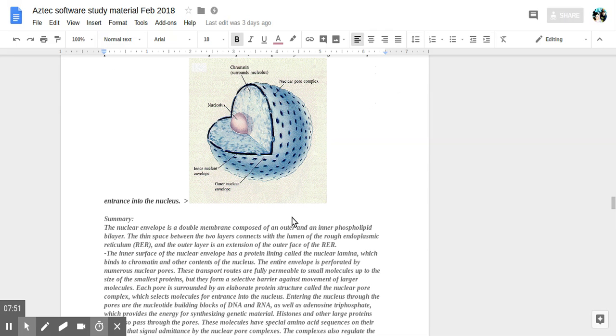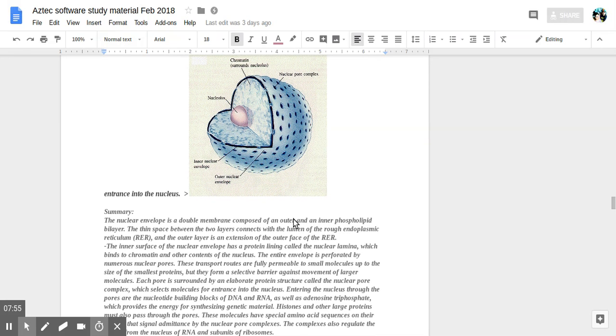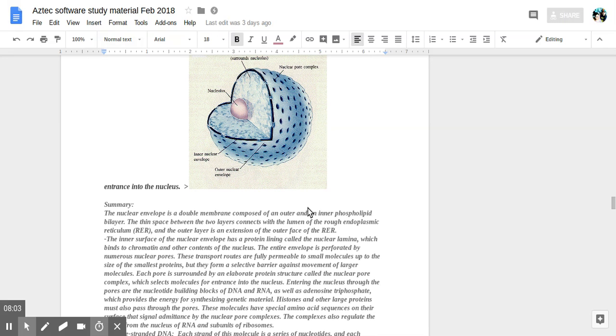The inner surface of the nuclear envelope has a protein lining called nuclear lamina, binding to chromatin and other contents of the nucleus. The entire envelope has numerous nuclear pores, or perforations, that transport